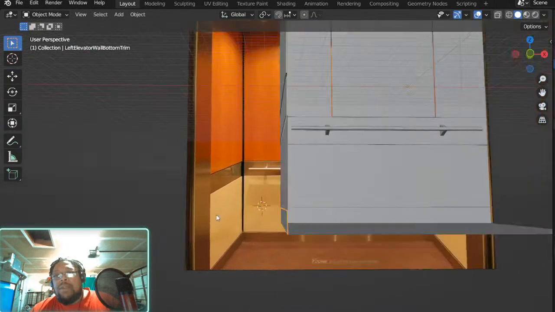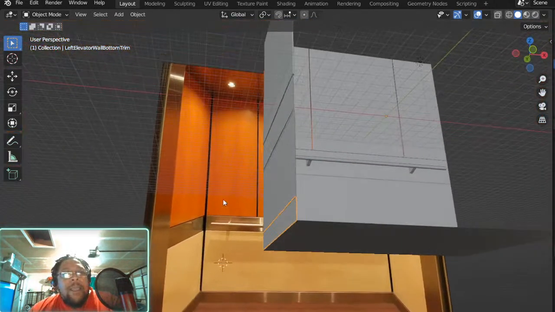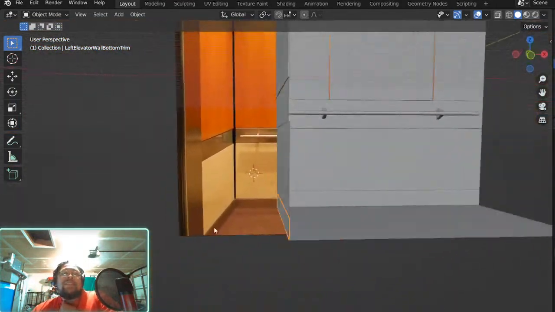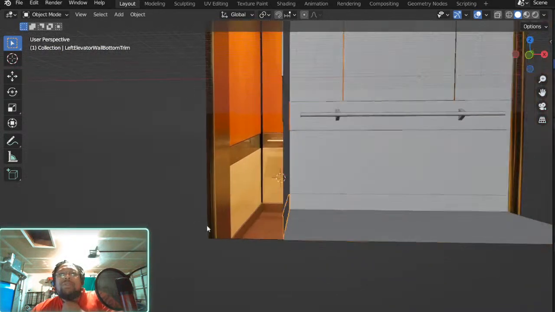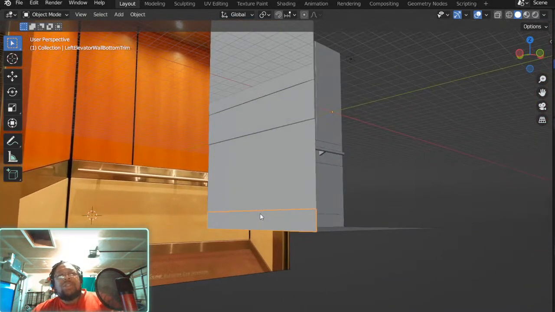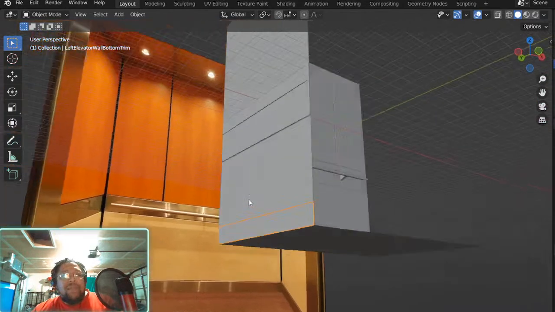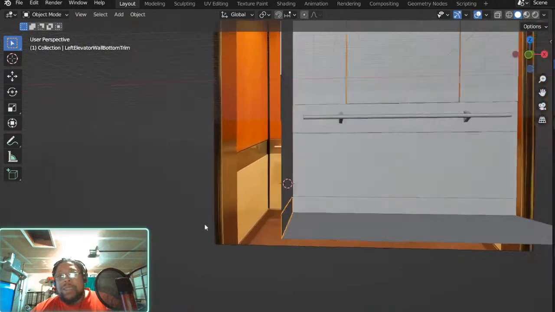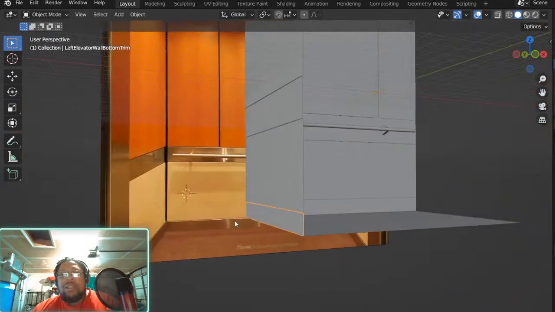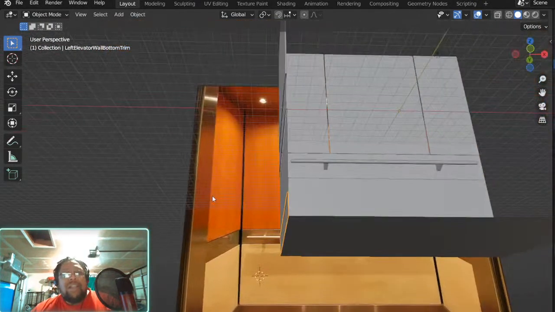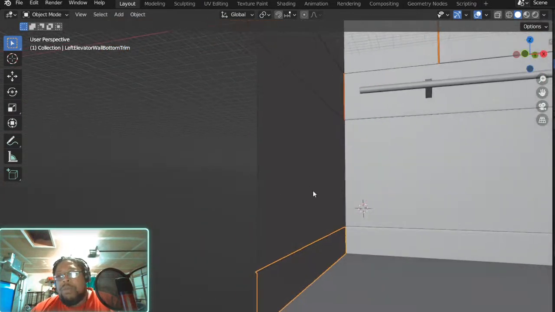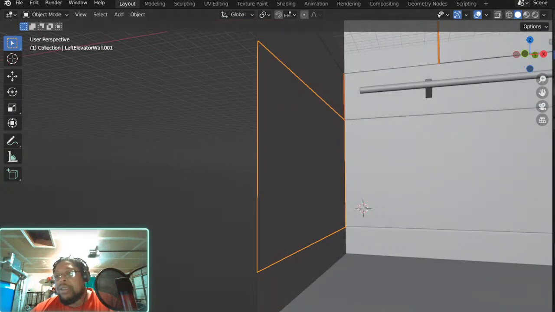Alright, once again, for anybody that might have just shown up, we're doing our elevator scene. So I'm doing the different panels. You see inside of the elevator. We're doing basic shapes right now, we'll refine stuff later on. Remember to label all your parts.